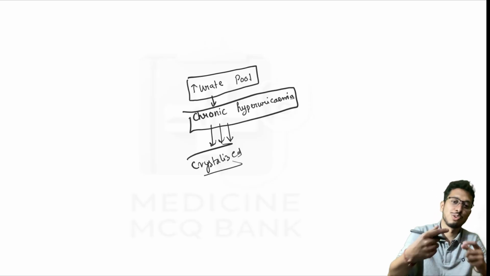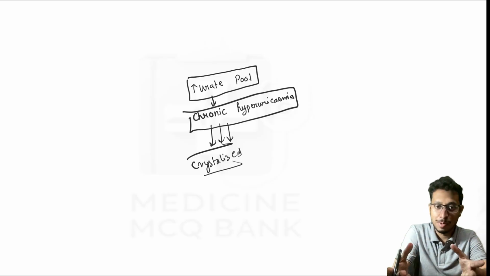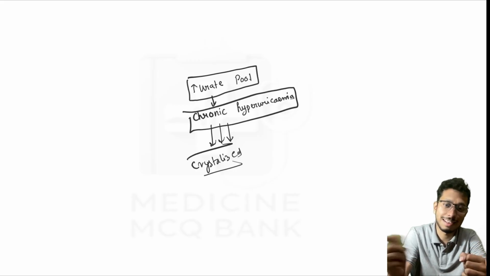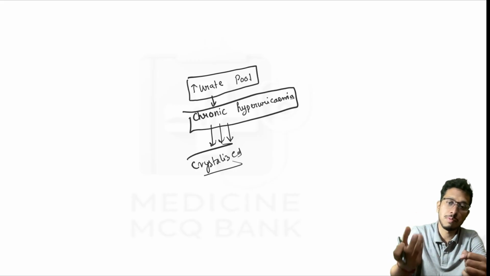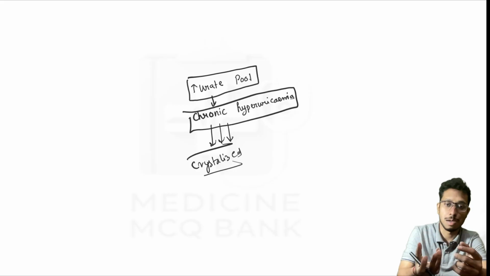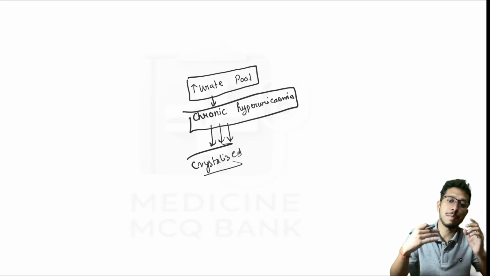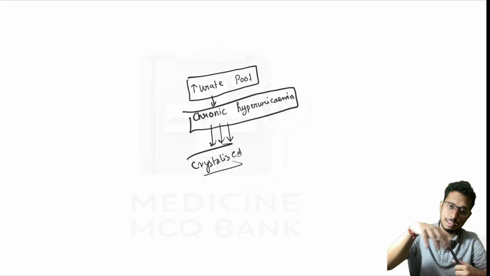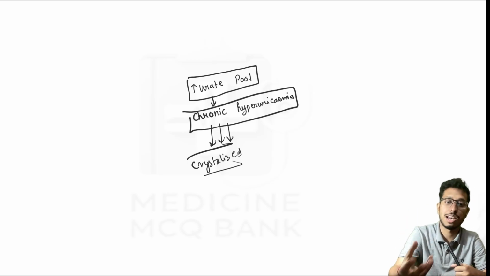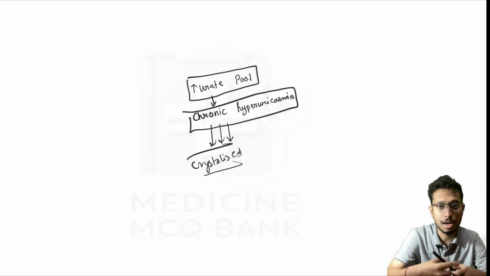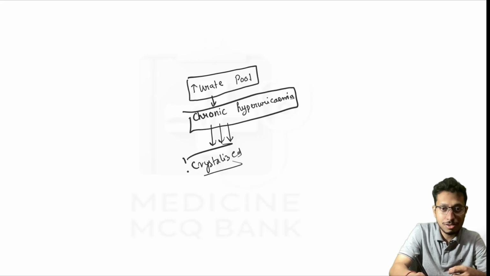Compare this to adding sugar to tea, right? Tea is the synovial fluid and sugar is the uric acid level. Like when you add an excessive amount of sugar, some of the sugar will settle down at the bottom of the cup. Similarly, when there is an excessive amount of uric acid in the body, it is freely floating in the synovial fluid, but suddenly some amount will start to crystallize and deposit in the joint cavities, right? This crystallized urate or monosodium urate